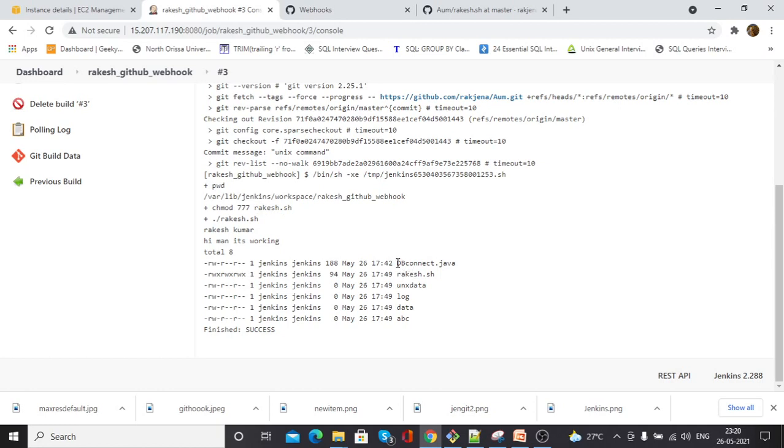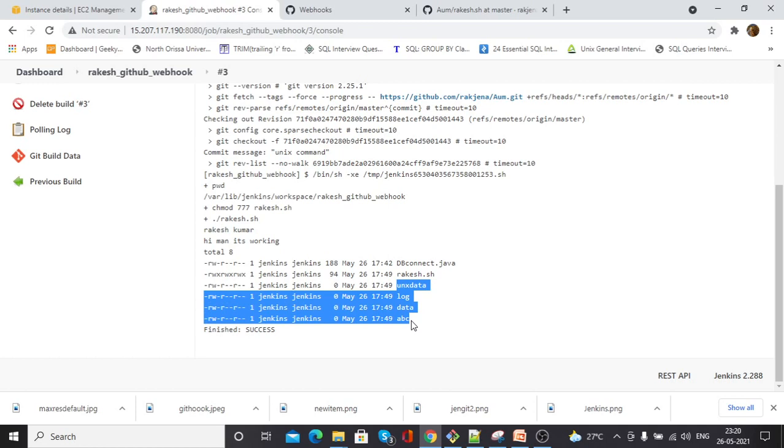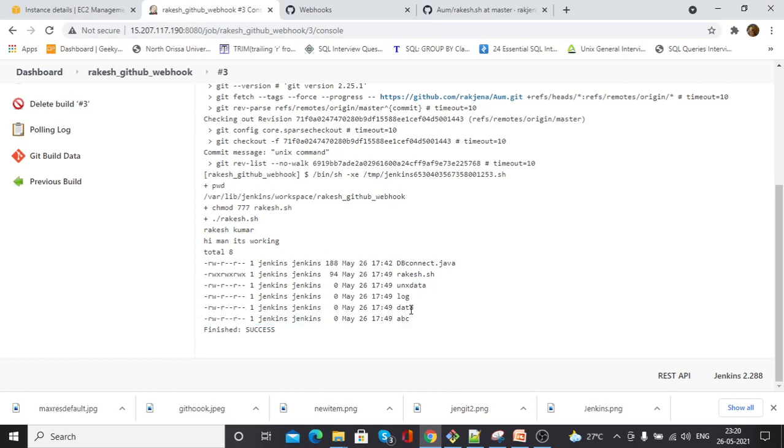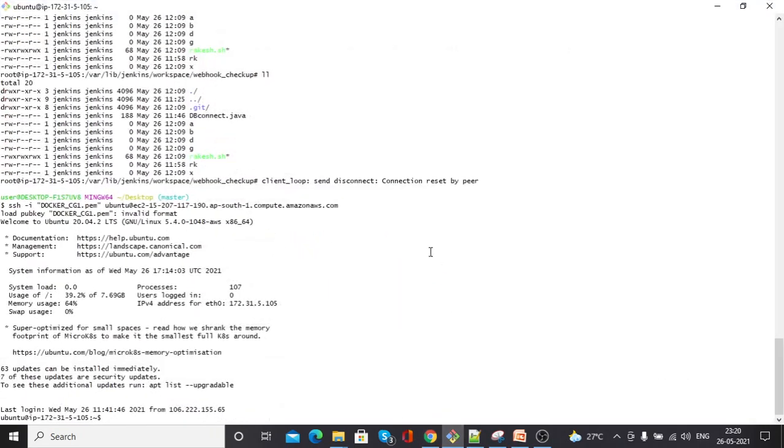You can see I tried to create some file, unix data log data abc. Okay, so where are these files created, in this path. Let's go to this path once. Session has been expired, I think. Let's wait for some time.